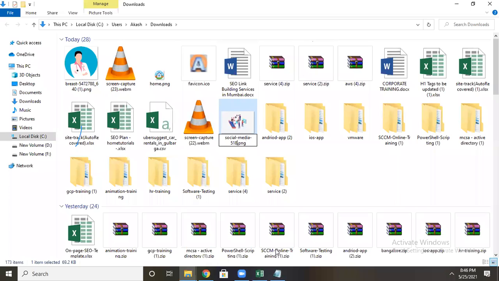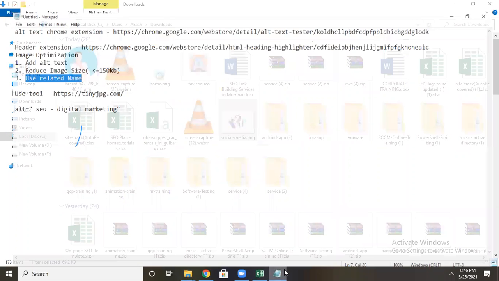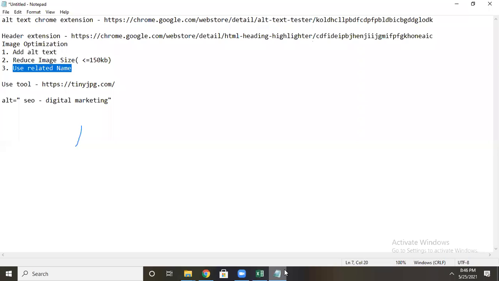And if there are two words, you can divide them with a hyphen. Don't give a space. Divide with a hyphen, don't give a space here. Then you can upload it. In image optimization, these three activities you have to take care of.